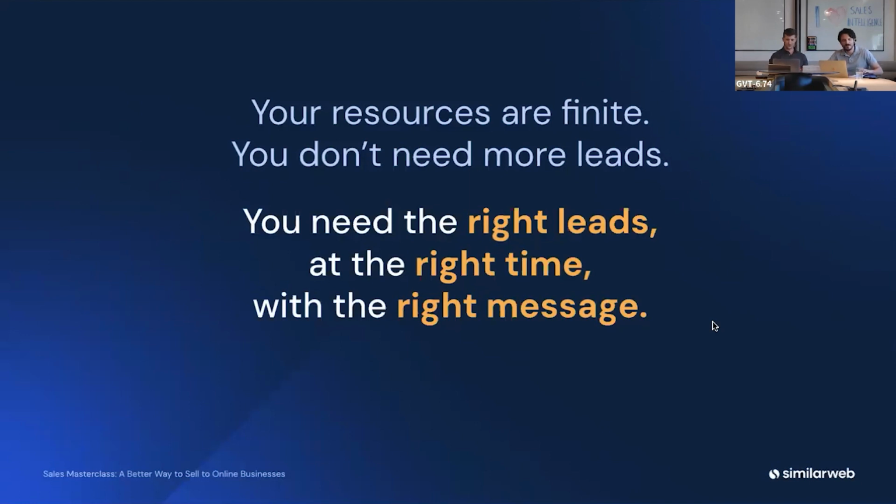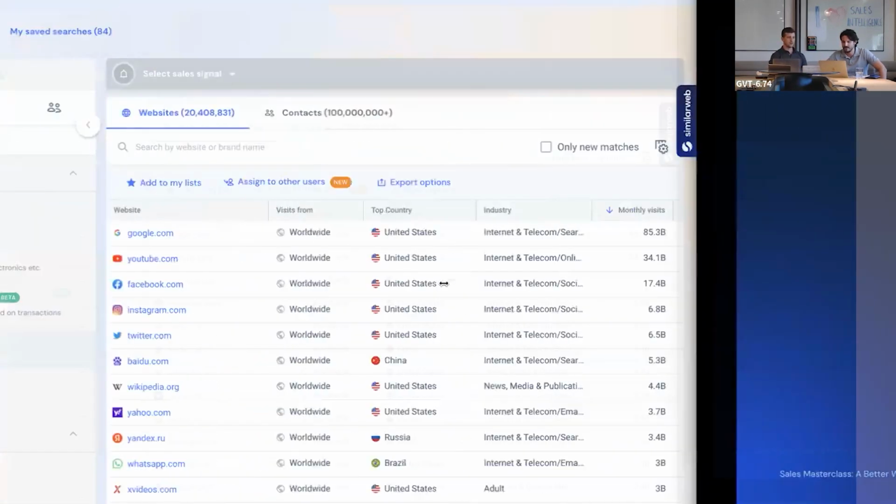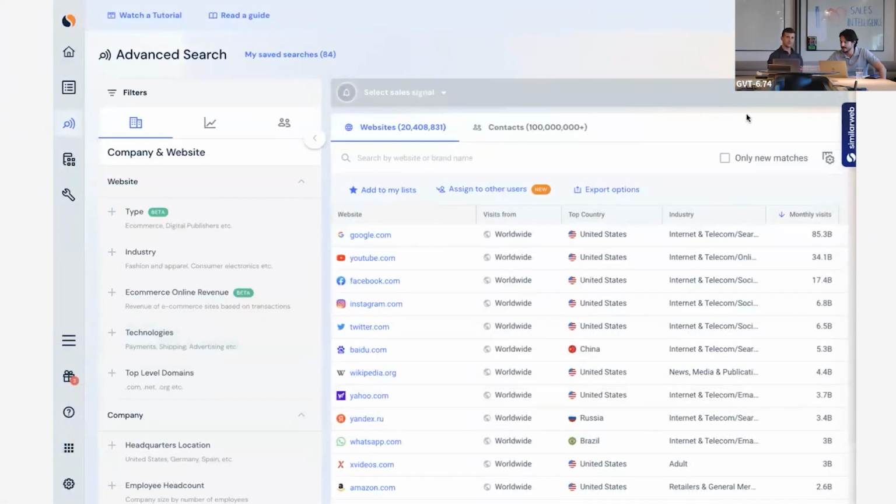And this is where we jump into the platform in order to show you the value and different use cases based on what we spoke about. So for everyone to better grasp all the different functionalities and the value of the product, I would like to impersonate a persona, right? A little bit of role play. Let's do it. Exactly. Let's do a little bit of role play, and actually, I thought of acting as an SDR